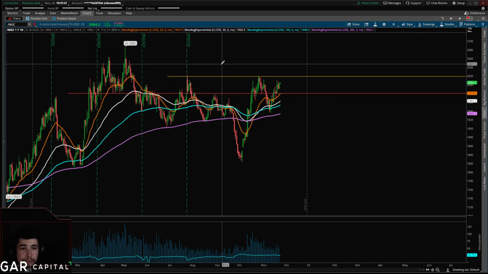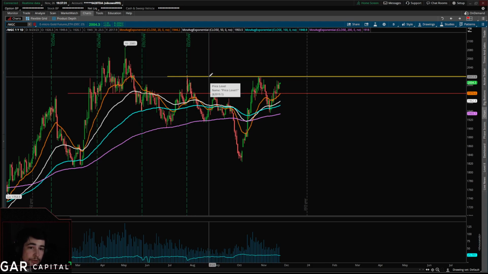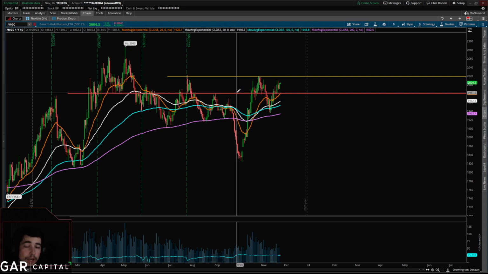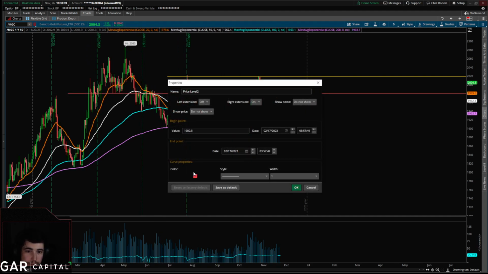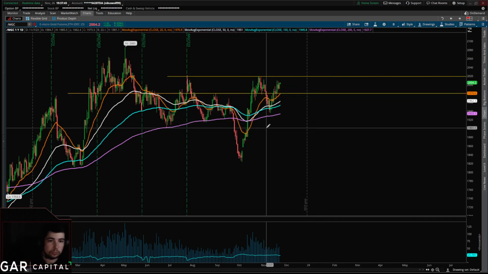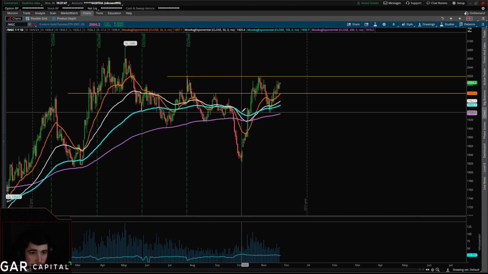I'm gonna have to break this down on the 1 hour, and then we'll place the alert. But I have 2019.10 as our closest resistance level, and then our support is 1980.30. Let's go ahead and make them yellow. Yellow for direction. The red ones are just regular support resistance levels, and I want to point out the low here.